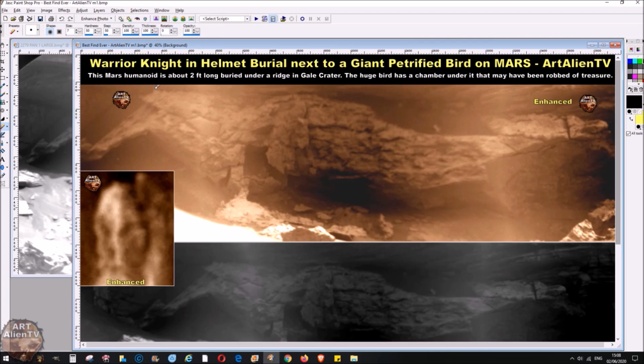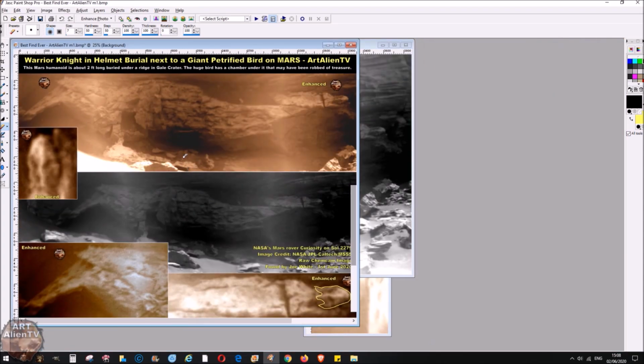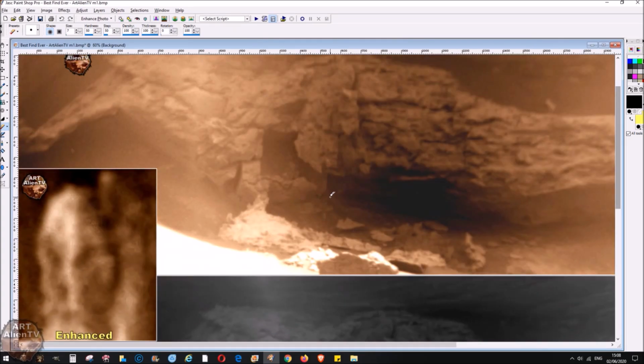This Mars humanoid is about 2 foot long, buried under a ridge in Gale Crater. The huge bird has a chamber under it, which may have been robbed of treasure. No, whatever. Yeah, but there does seem to be a chamber here. If you go in close, now it may just be where, sorry, it's difficult to zoom in and out of this. It may just be where this is broken away, but it is possible that